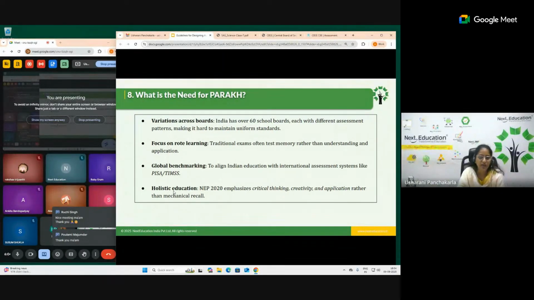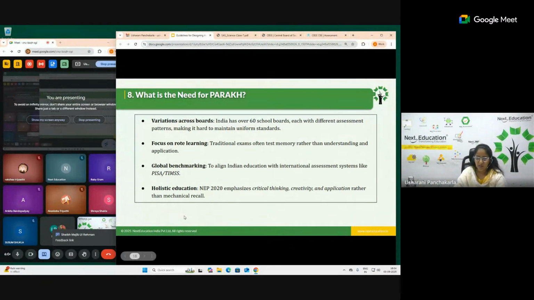I hope it is very clear with respect to holistic development, because everything is running around 360 degrees, that is the holistic progress card or holistic education. The need for this is that all three domains of Bloom's taxonomy are related. The first is the cognitive domain, where the subject we are teaching comes in. The second is the psychomotor domain, where skills are mastered, what the student has learned from here to here. The third is the affective domain, where your moral science, values and life skills come into the picture. All three should be integrated to make a holistic personality.